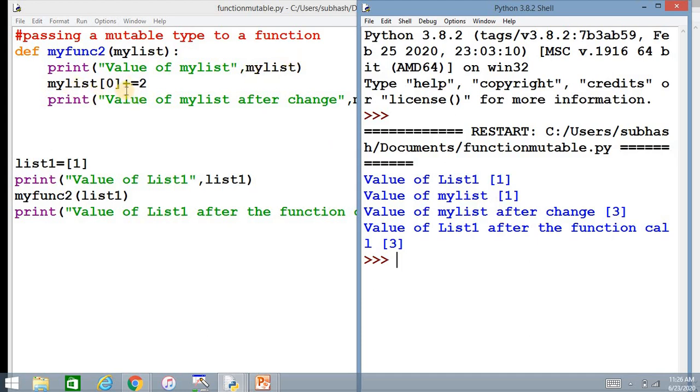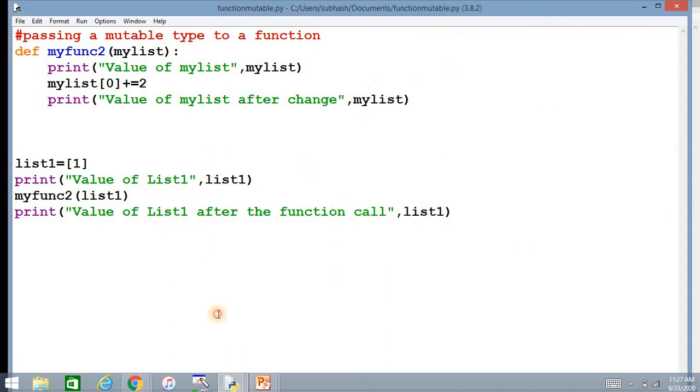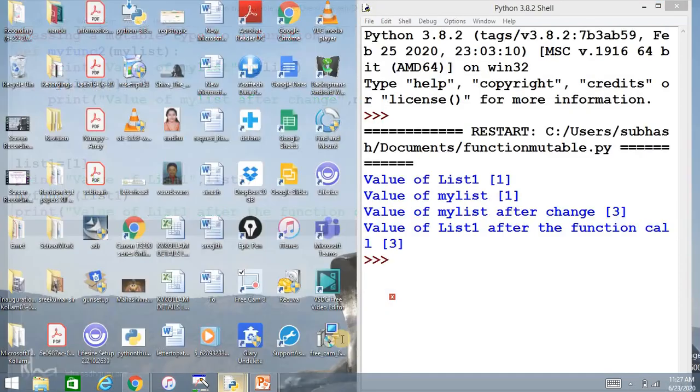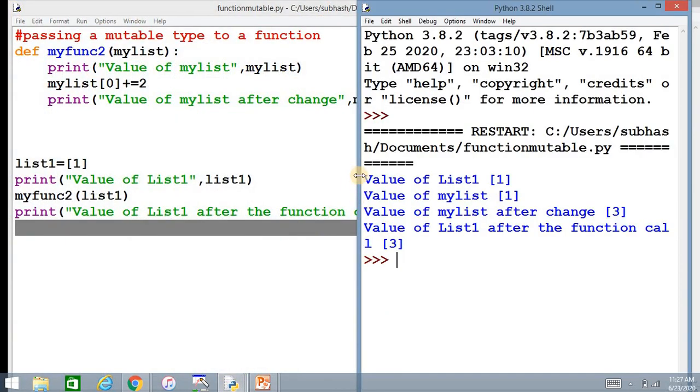Then the change you have made, 1 plus 2, which is 3, is stored in the first index, and it is printed as 3. And coming back, you are getting the same value in list 1.